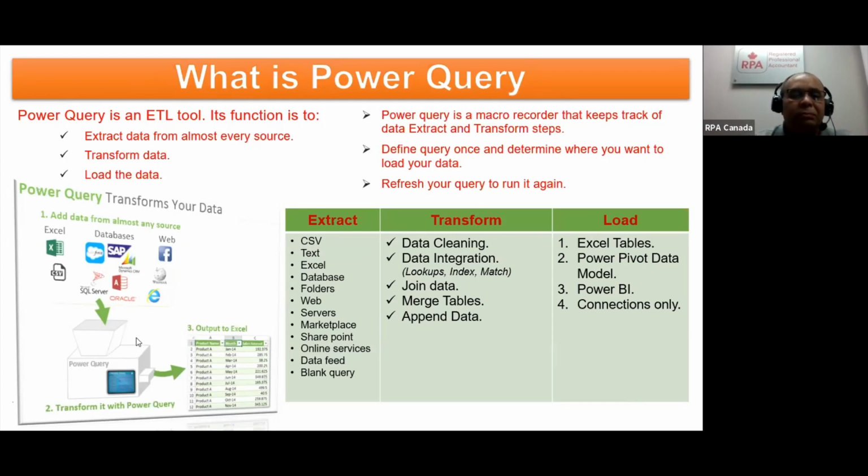Okay, so it's a data machine. Grab the data from various sources, and then transform this information. In the transformation, what you need to do is data cleaning. You need to do some kind of integration. You need to use formulas like lookups, index and match, SUMIFS, and some other kinds of formulas. We will see today quite a few things on how the transformation can be done on some data sources. And finally, once the data is extracted and transformed,